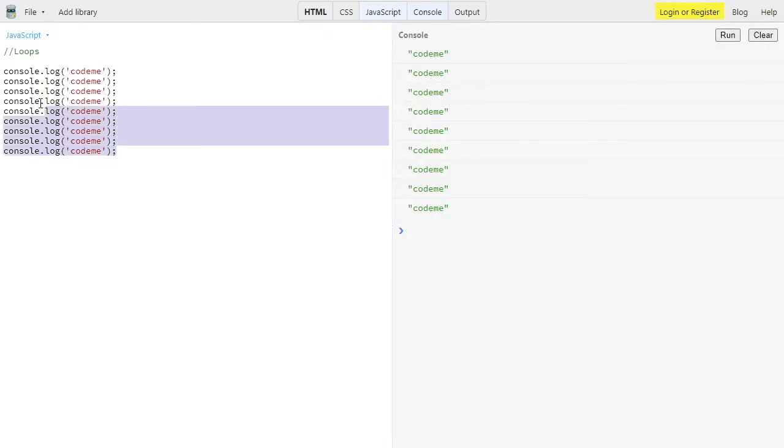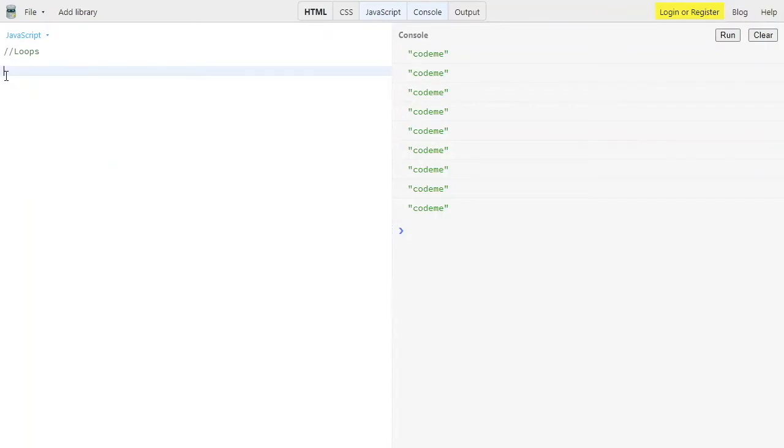But with the help of a loop, it's very easy. For example, I'm using a for loop over here, where I'm declaring one variable. We have let i equal to 0, then i is less than 10, and then i plus plus.